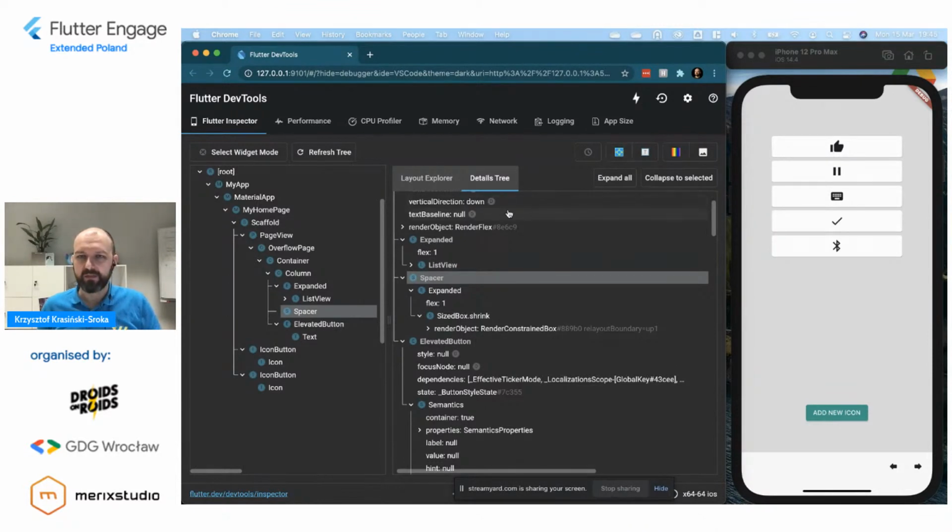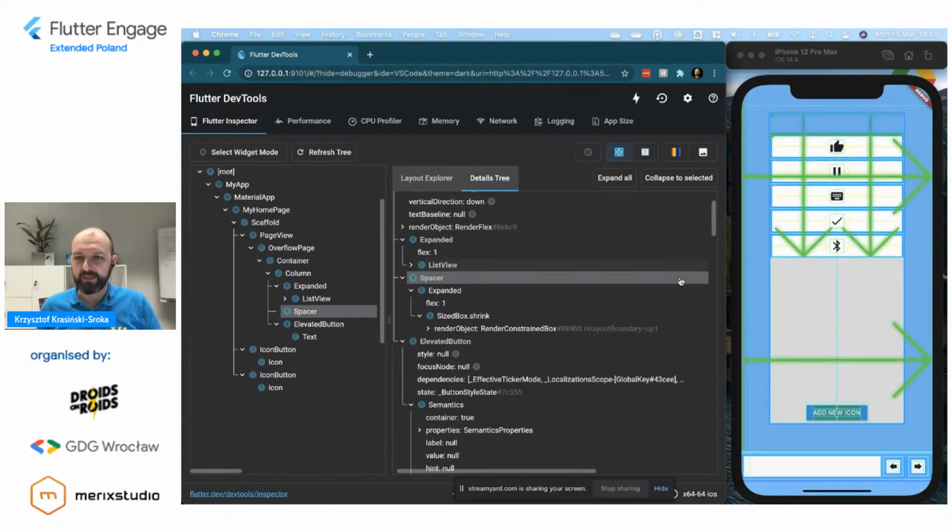So first of all, we can show debug paint. Debug paint actually shows us much more information about the layout of every widget, and it's very useful if we consider something badly aligned, badly adjusted. It's not very easy because the selection of colors by default is a little bit hard to see. It doesn't have a huge contrast, but there are several lines going through the screen.